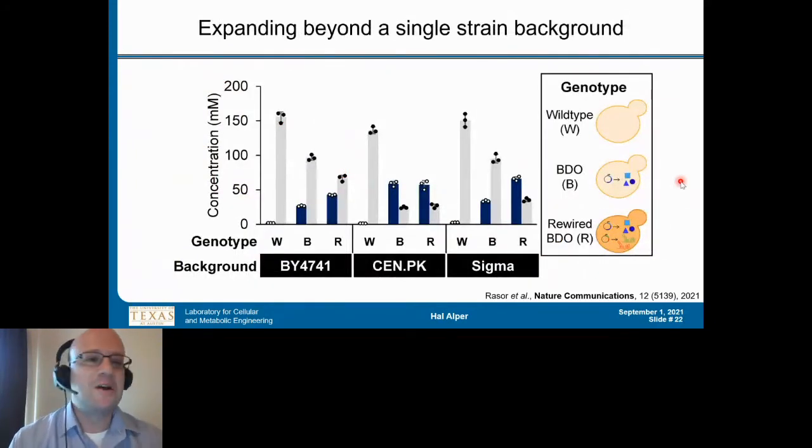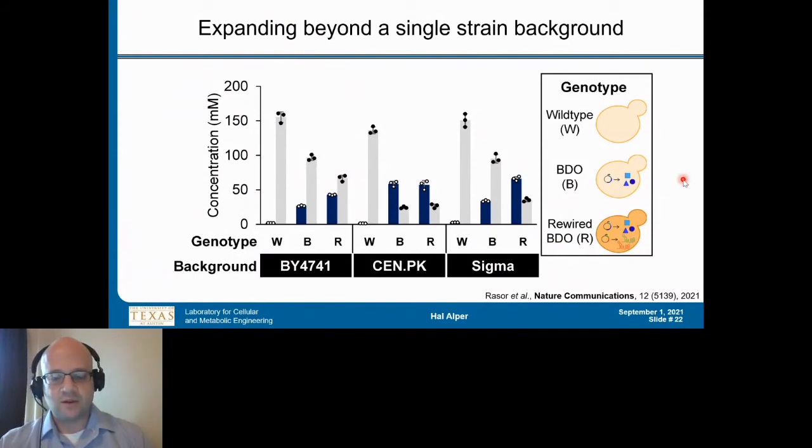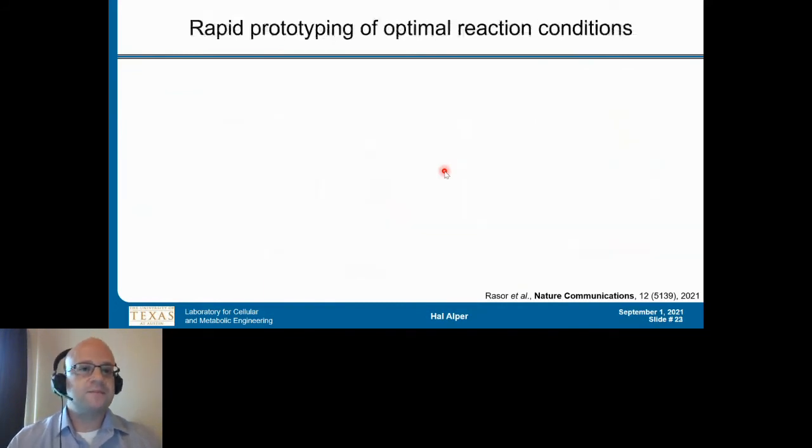So how does that expand? Well, we can expand to various different strains, right? Just like I showed that we can rapidly rewire strains, including a BY4741, SNPK, Sigma strain, we can introduce those CRISPR rewirings and that pathway into each of these strains, grow those up, create those into a cell-free system or lysate, and then activate the metabolism there. In each of the cases, we saw that the rewired cell had an improvement over the background strain. And we also saw that there is this decrease in ethanol as we moved from a wild-type lysate background to a rewired lysate background.